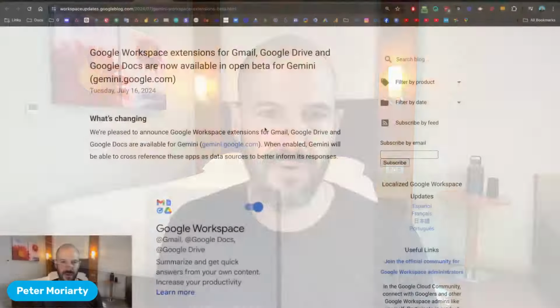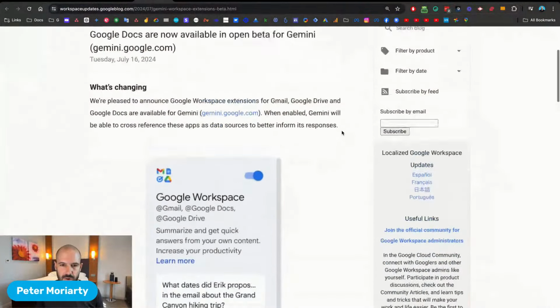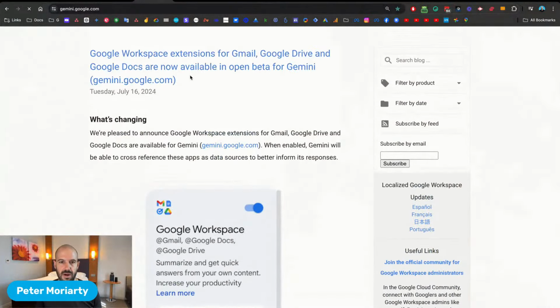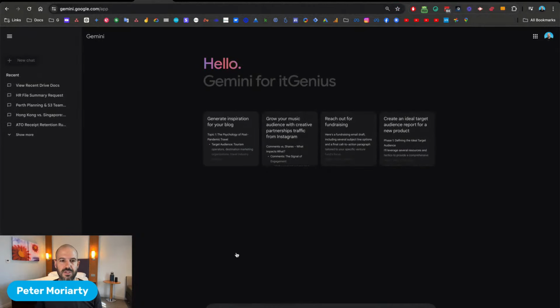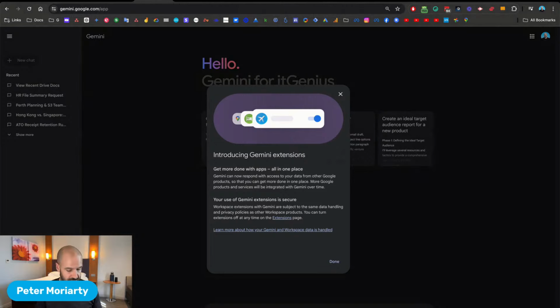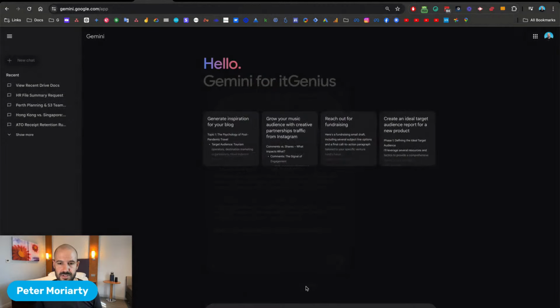But let's go ahead and have a look at our Google Workspace here. I'm going to try this out in Gemini now, and let's see if I can mention my Drive, and let's see what I can find. Oh wow, thank you. They've given us some extensions. The other challenge is